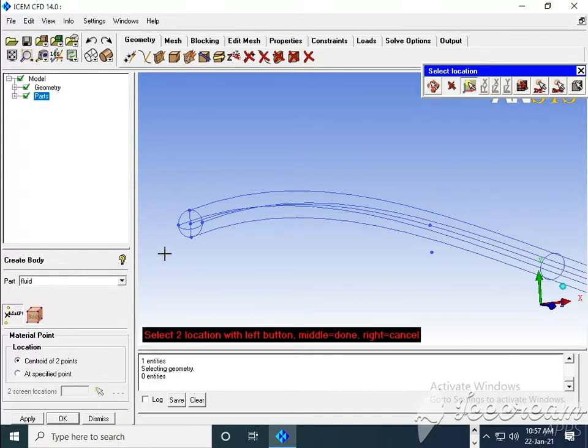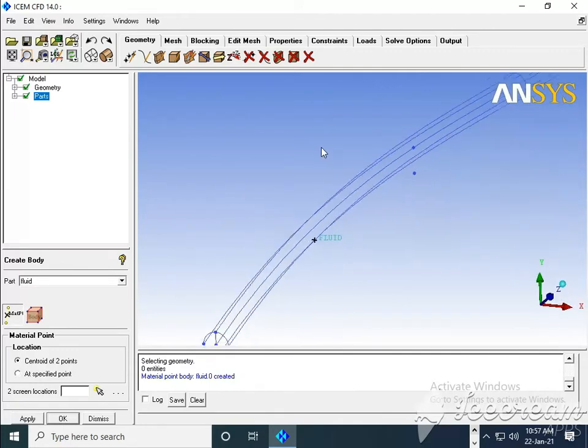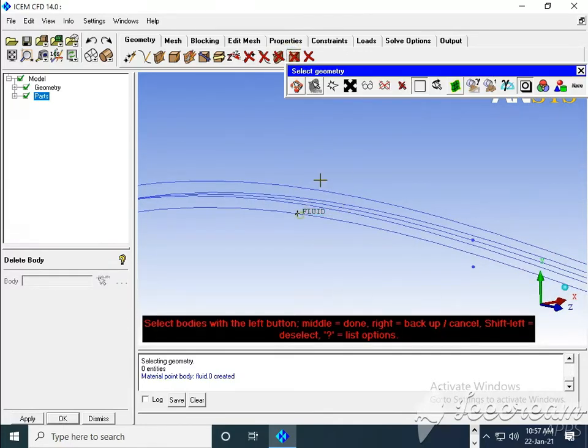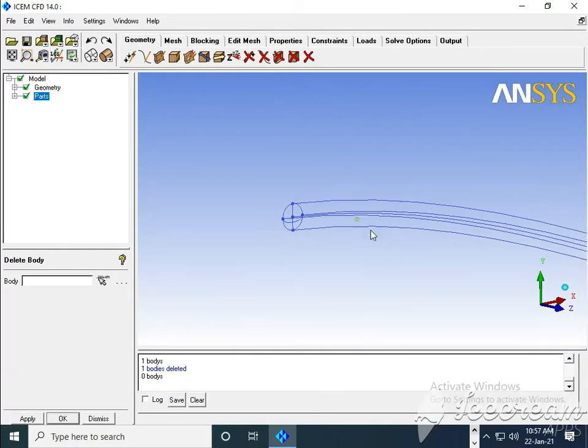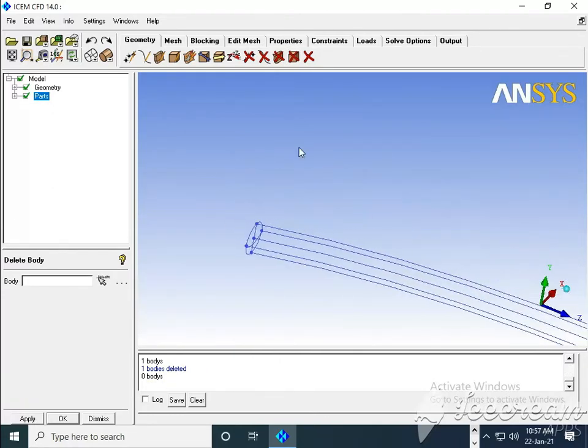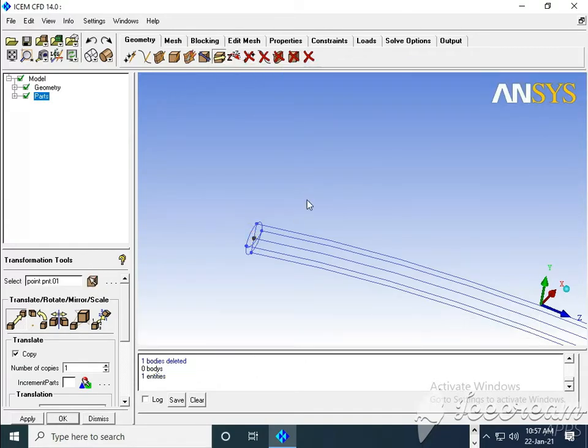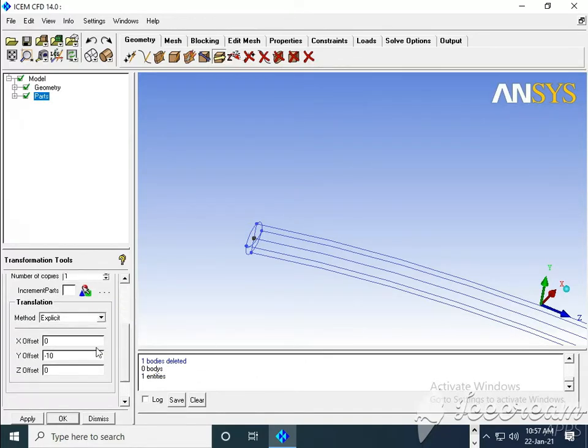Two diagonal points, I need to select this one and this one, but it is coming somewhere on the surface, so I need to delete it. So for that purpose, I will pass this point, center point, somewhere in the direction of Z, 20.